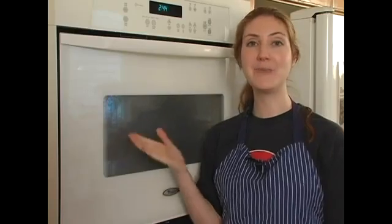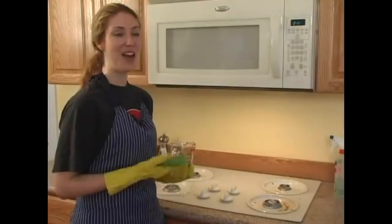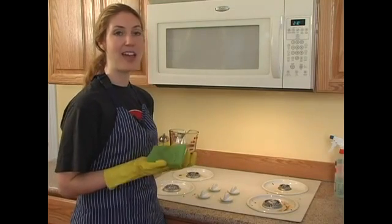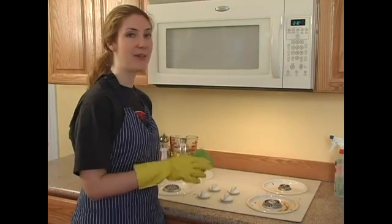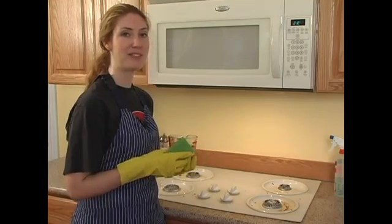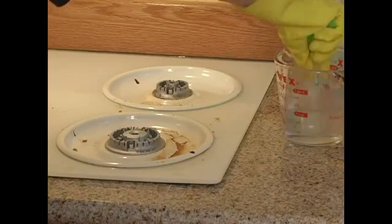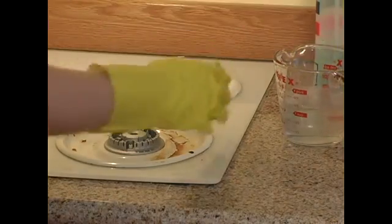Going to show you how to clean and maintain your oven. Our first step in cleaning is going to just be using some really hot water and a sponge to get up all of the gunk that we can without using any products. Focusing on the right side to begin with, let's get some of our nice hot water and just start gently